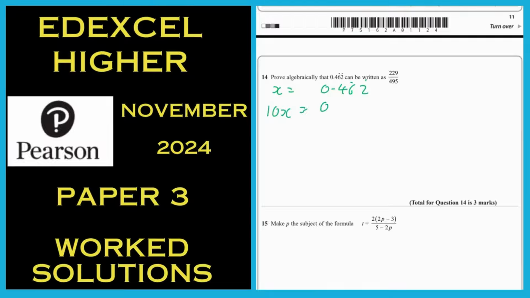I always times it by 10 first of all. Whoops, don't need the 0. 4.62 forever. Now I want this 62 forever to be in this number as well. And the only way is if I multiply by 100. 10x times 100 means I actually need 1000x. I don't need the 100x step. But if you've done that, that's fine, not a problem. We get